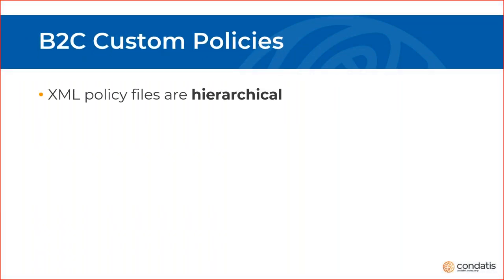The first thing to know about custom policies is that they're defined by XML files and that they're hierarchical, so they're not just designed through the Azure portal. You typically start with a base policy, which contains definitions and components that apply to all of your other policies. We typically have base policies that contain common definitions and components that would apply across multiple projects. Next is usually an extension policy, which adds additional definitions and components. We typically use that for anything that's common still across all the policies, but that's project specific.